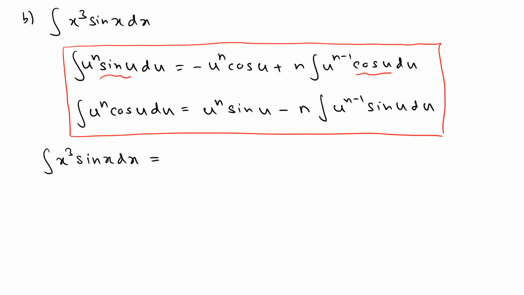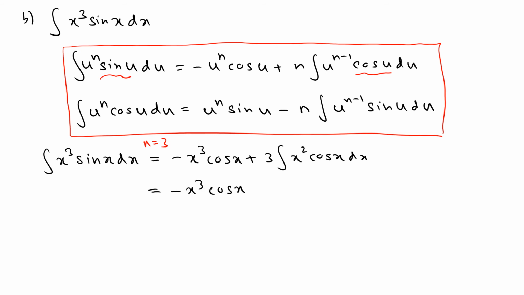So x cubed sine x dx. I'm going to use the first formula. If you use the first formula, you get negative x to the n, where n is 3, so you put n equal 3 in the first formula. You get cosine x plus 3 times the integral of x squared cosine x dx. Now you can see you have to use the second formula. So we have negative x cubed cosine x from the first one, so you can leave it, plus